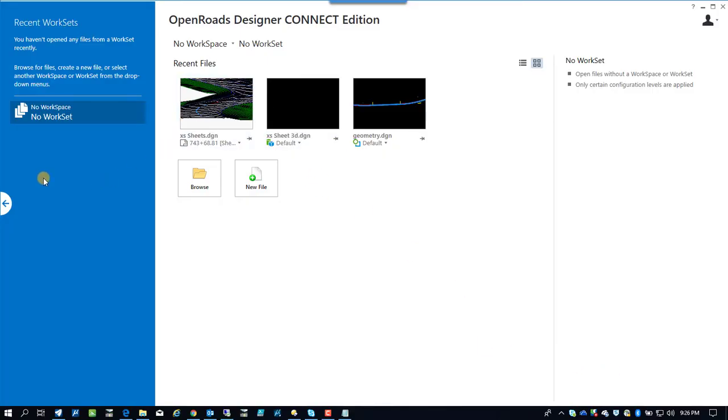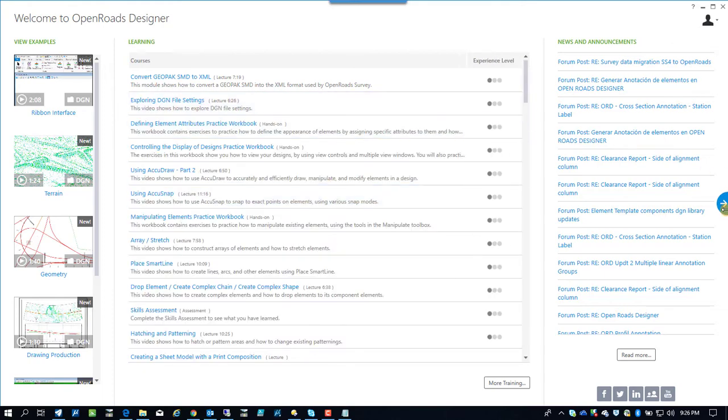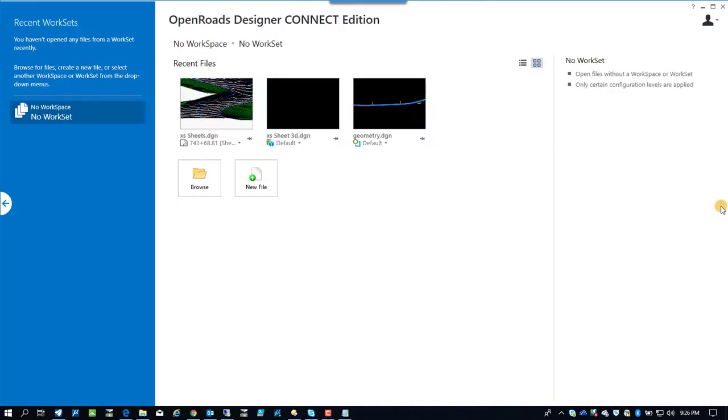We're opening up OpenRoads Designer. This is what it looks like. I'm going to show you the front screen. It's got the video examples, learning, and the news and announcements section. Just a different look. OpenRoads Designer is a 64-bit